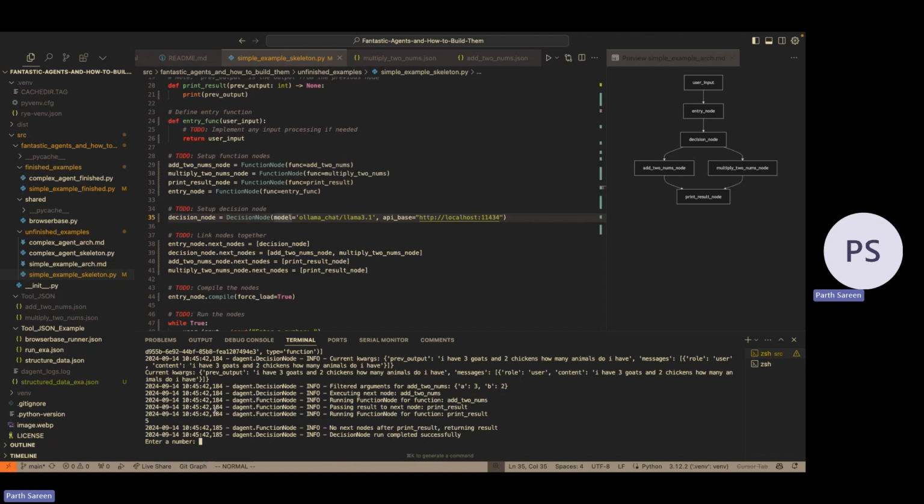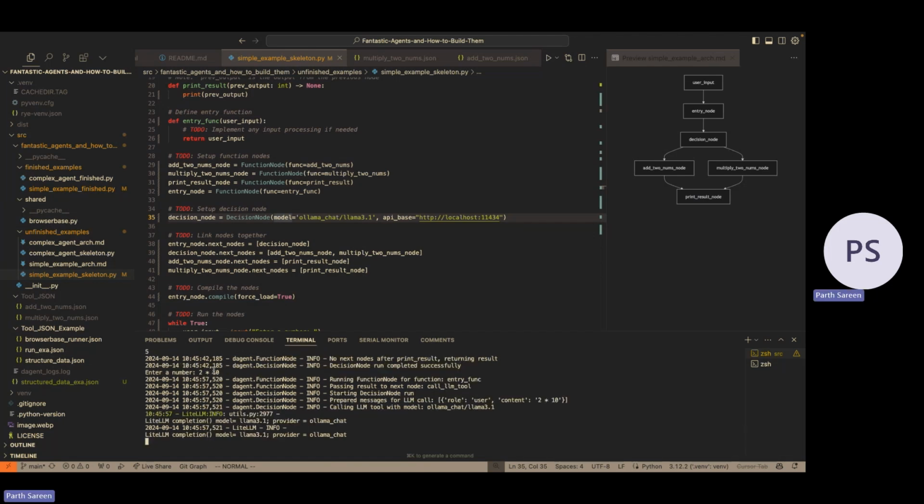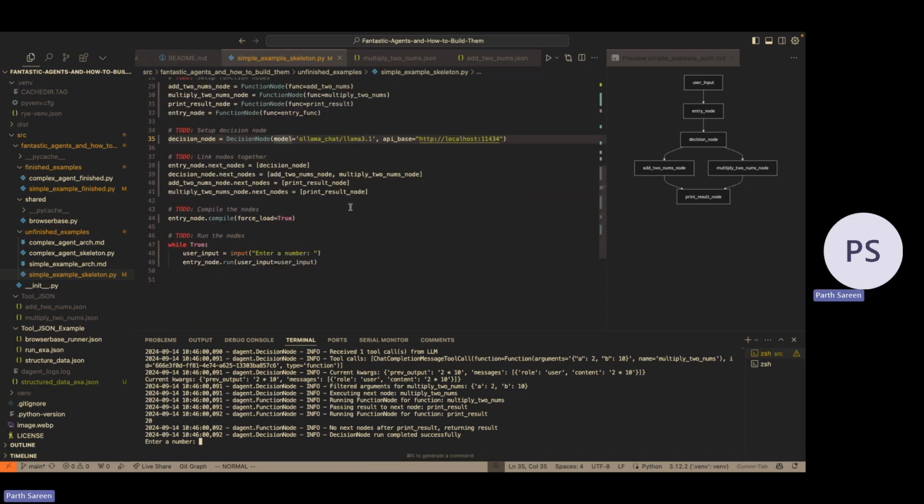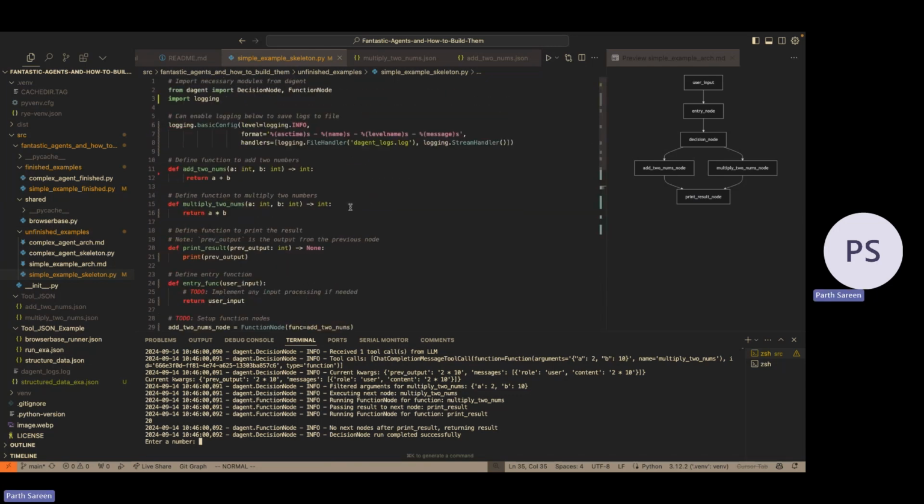I love the Ollama guys. They do a lot of really, really cool work, and I would highly recommend you check their stuff out. I can also just ask 2 times 10 and hopefully it'll give the right thing. Nice. Because it's able to pick out the correct arguments for the function to be run with. Cool. I'm going to skip over this portion now.